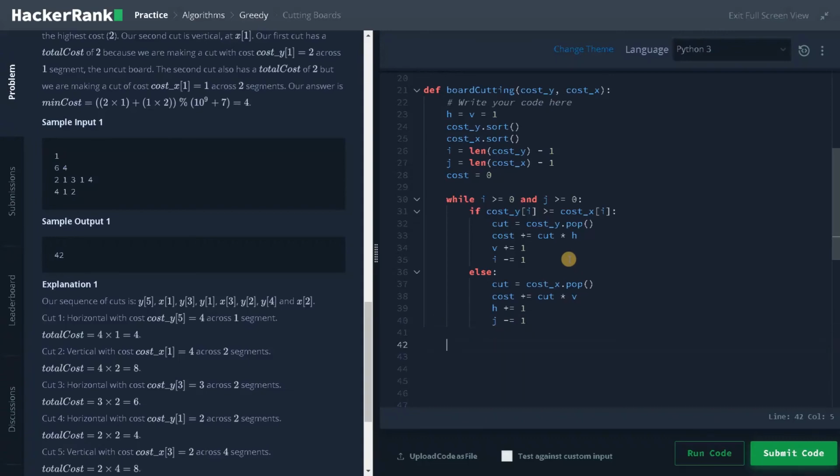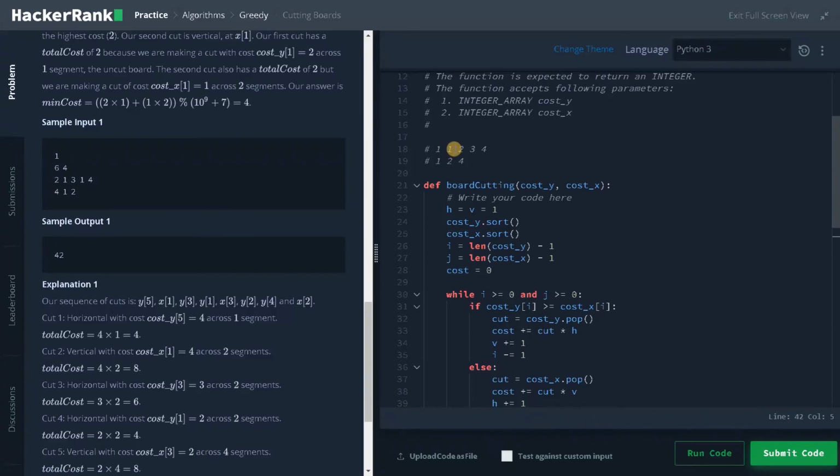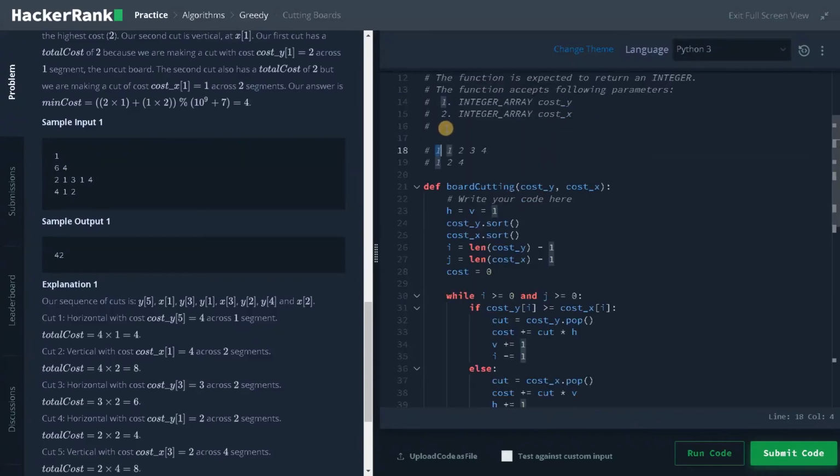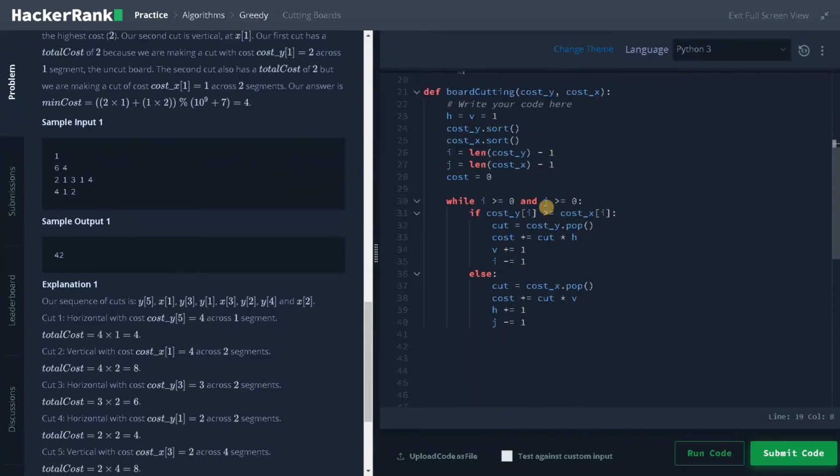So this is the whole logic. So it will do until any one of them reaches less than 0. That is, if one of the lists is empty, means only the remaining list will be there. So for that we have to code it separately. So as you can see, these two cost arrays are of different lengths. So anyway, something will finish first. So here if you consider both of them, it will cover these things, and after that only one list will have a higher number of elements, that is here.